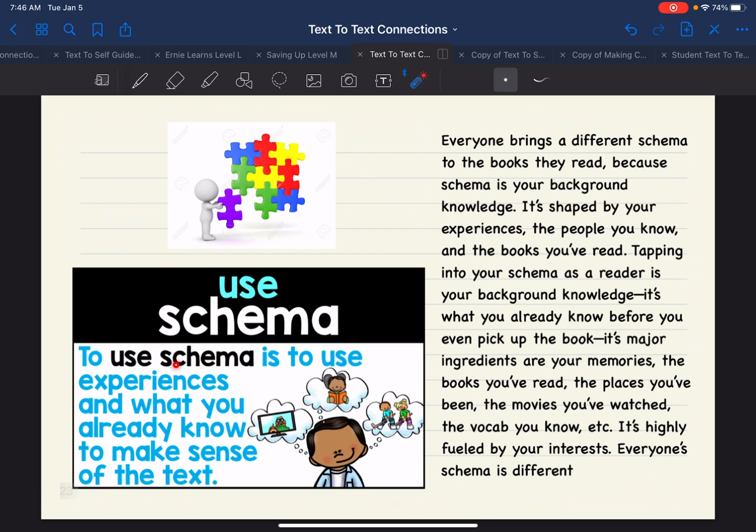Remember, using your schema means to use experiences and what you already know to make sense of the text. Meaning everyone brings a different schema to the books they read because schema is your background knowledge. It's shaped by your experiences, the people you know, and the books you have read. So let's highlight that part. And the books